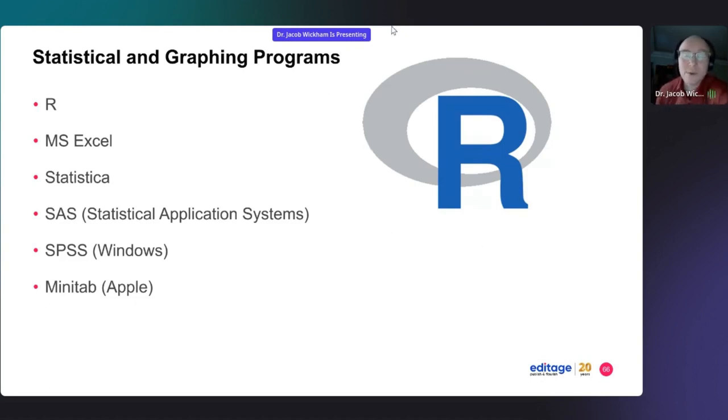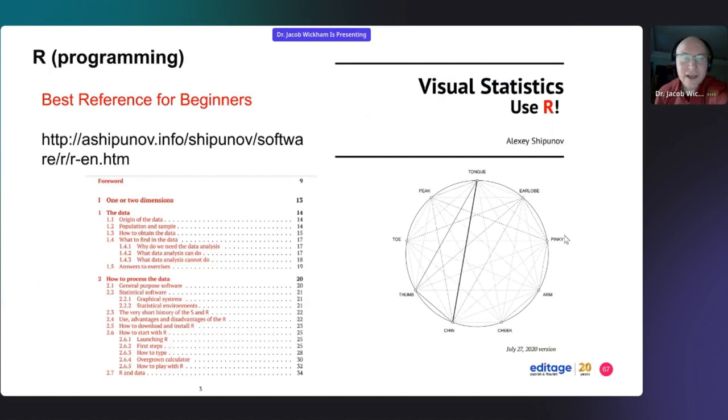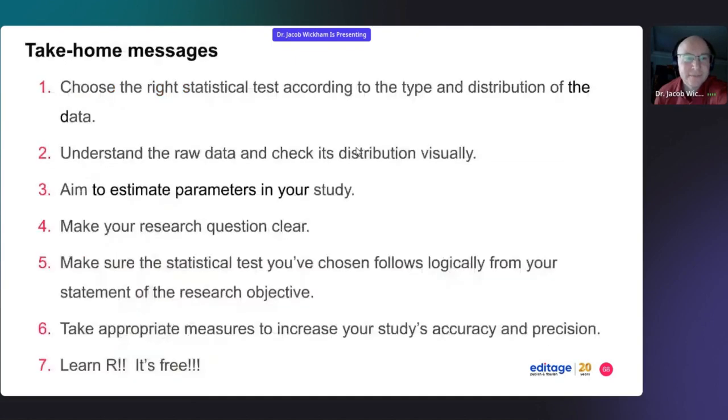This is an open sourced statistical program called R, and I encourage everyone to learn R. This has basically become mainstream over the past 10 years. If you want to start as a very beginner, there's a link here. There's a wonderful reference book here, and it can give you some sample data sets, and you can practice plotting your statistics. And this is a wonderful reference for beginners.